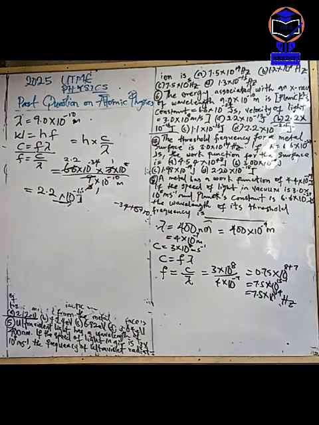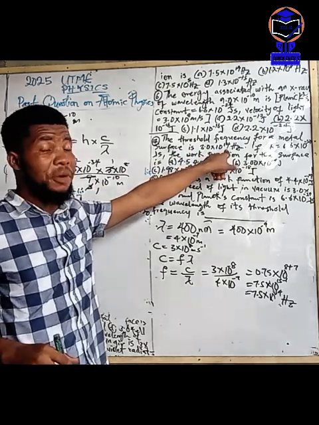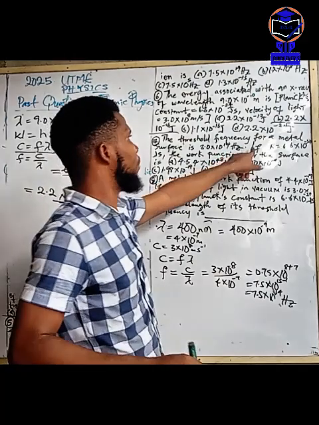Yes, sir. So, number 7: the threshold frequency for a metal surface is 3.0 times 10 to the power 14 hertz. Full stop. If,